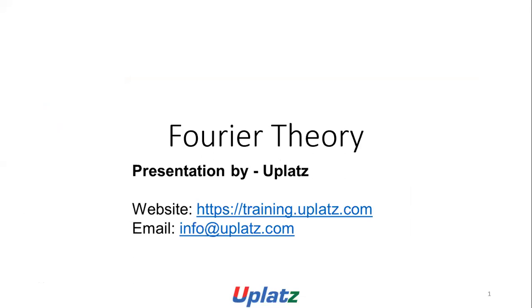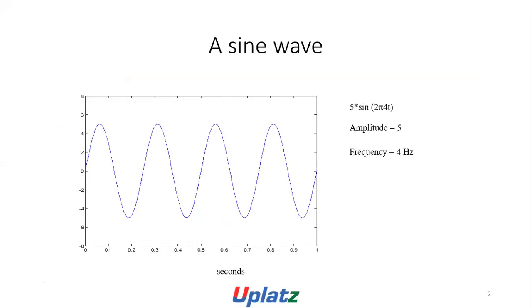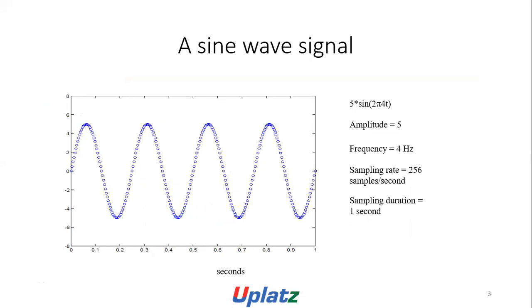Today we are going to discuss Fourier theory. A sine wave is shown in the figure. It is pi into sine 2 pi 40, amplitude 5, frequency 4 hertz, x-axis is seconds, and y-axis is amplitude. A sine wave signal, amplitude 5, frequency 4 hertz, sampling rate 256 samples per second, sampling duration 1 second,